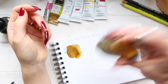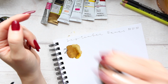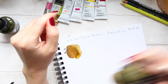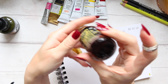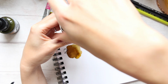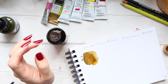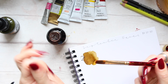Now, with this ink, the Diamine ink, you see, it doesn't take much time at all, literally seconds, and the gold picks up from the bottom of the bottle really, really quickly, and there you go, you're already done. So that's what I really like about them. Some products that have shimmer can take forever to mix up and, you know, get them going, but not with this one. So I'm just going to use a slightly damp